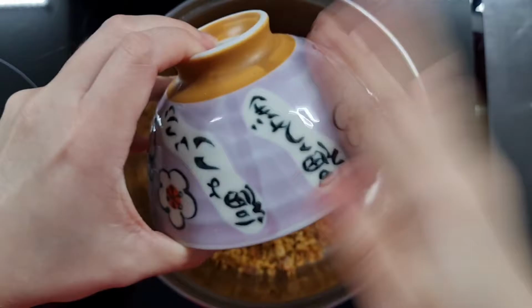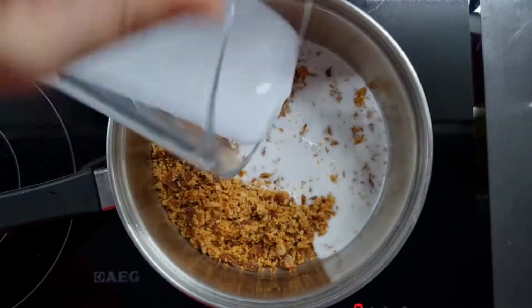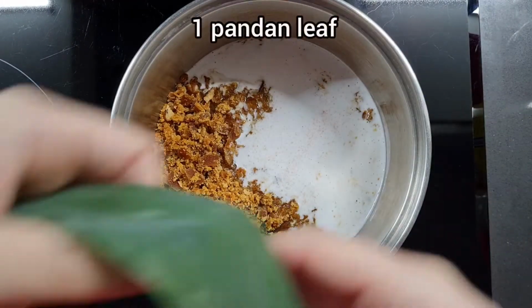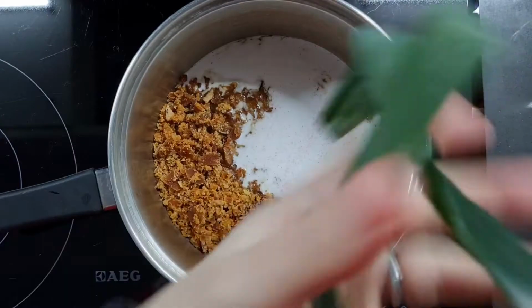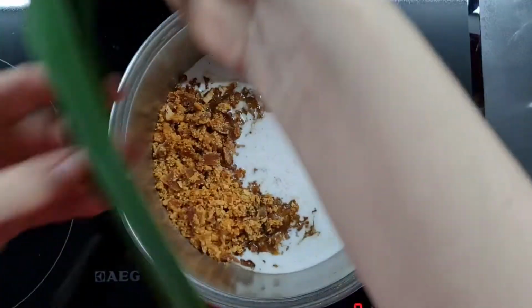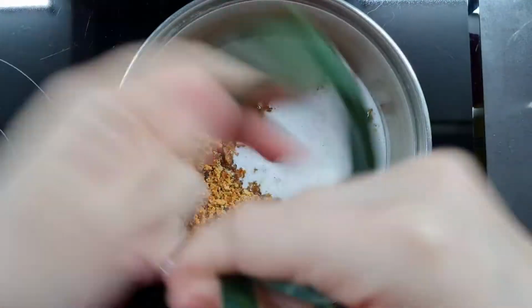Now let's carry on making our filling. I'm going to dump all of that gula melaka into a small saucepan, adding 120 millilitres of coconut milk and a good pinch of salt. And also we're going to flavour it with 1 pandan leaf, which I have here, and I'm just going to shred it up a little bit and then tie it in a knot so it's not too big for the pan. And this will give some wonderful fragrances. So tie her up, just like so,